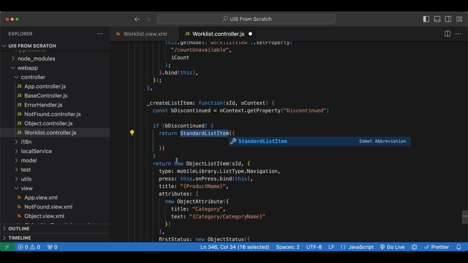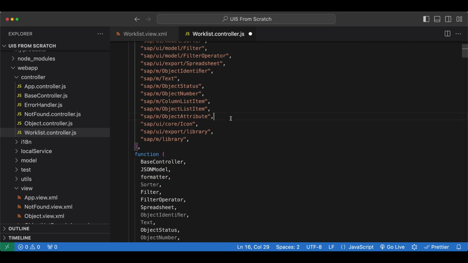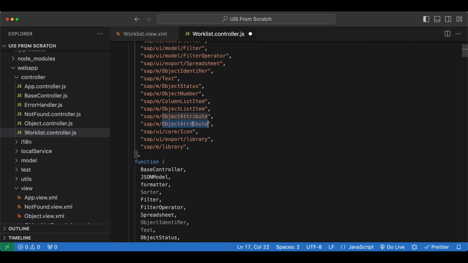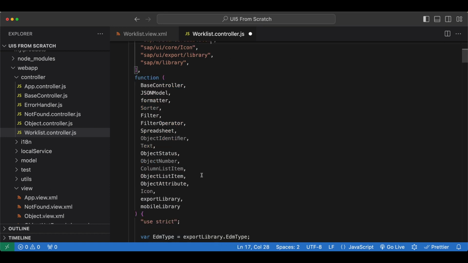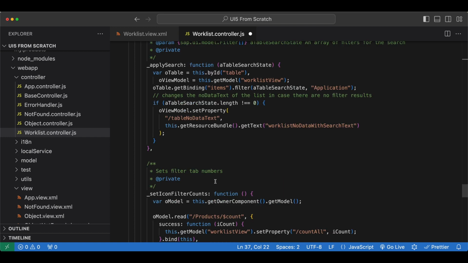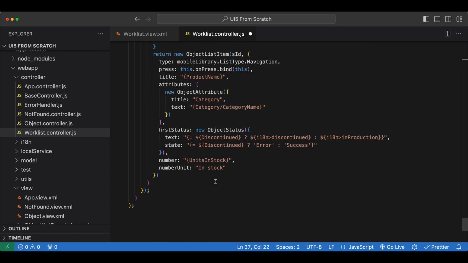And let's import it before we forget. Here, and as for the content,